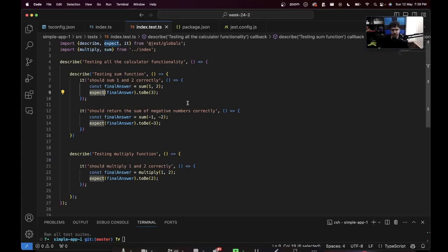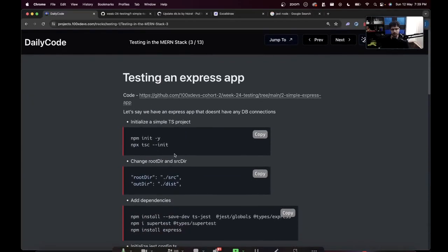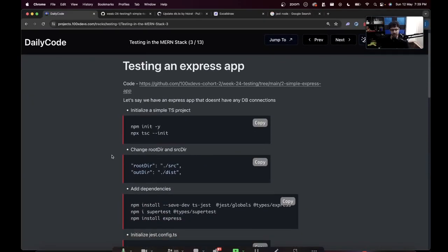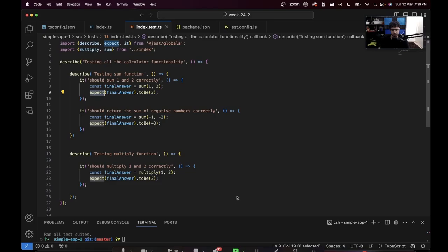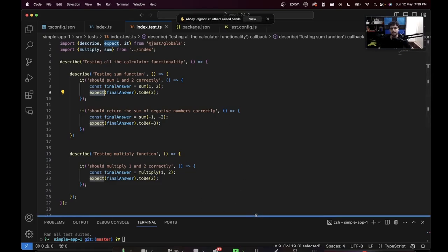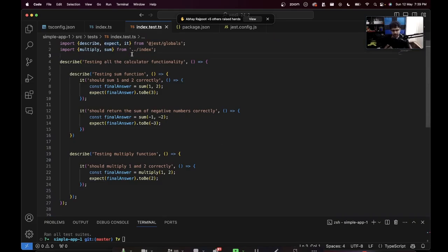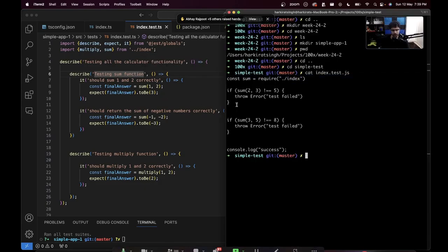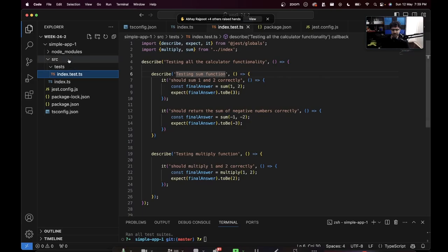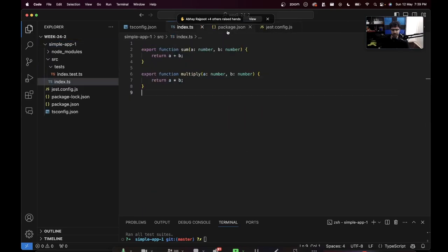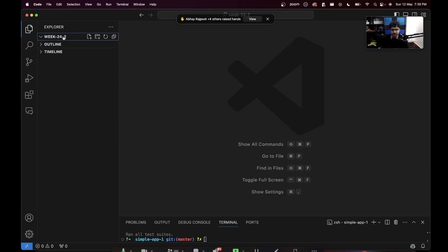First thing you have to do is you can either create a fresh app and start from the top, or we can just use the code that we already have and build on top of it. Let's create it from fresh. I guess it's just easier to follow along if we do that. So let me create a second folder here. Simple app 1 is done. We understand how to test a simple application. Let's create a second folder here